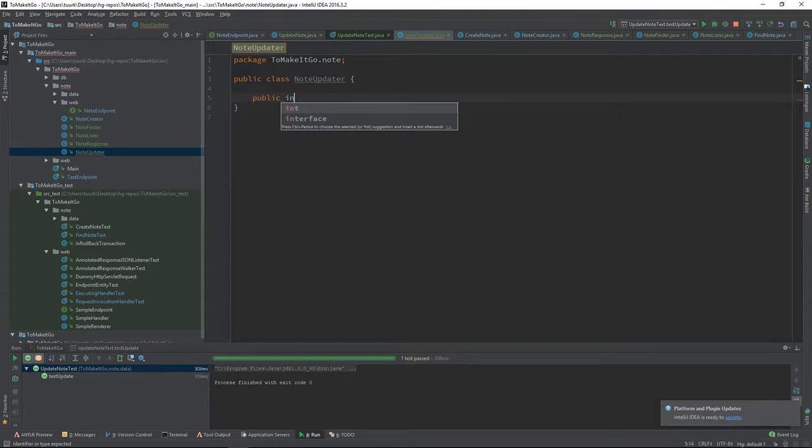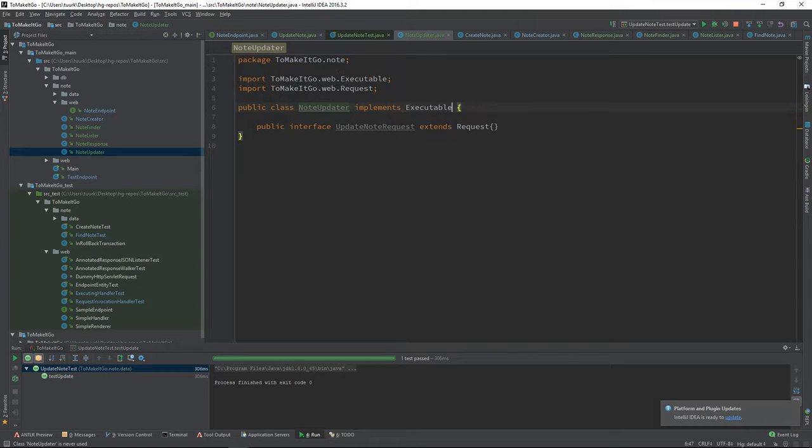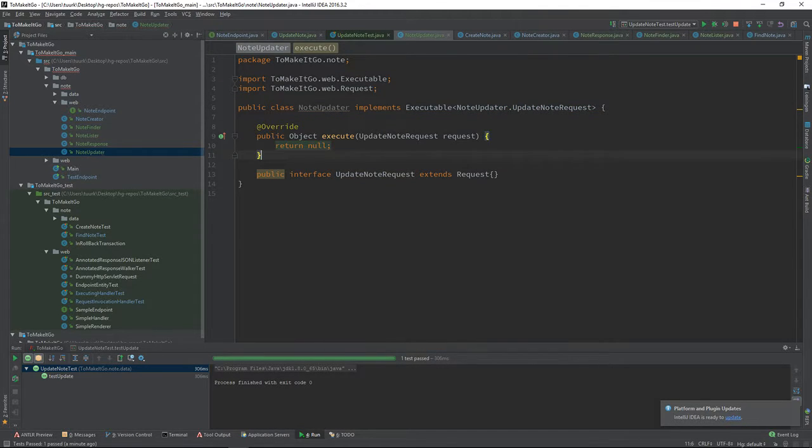Public interface, update note request, sends request. This is going to implement executable of type update note request. You are going to have